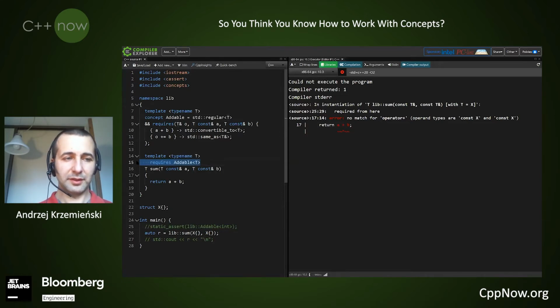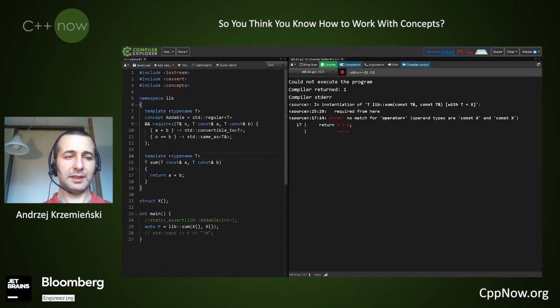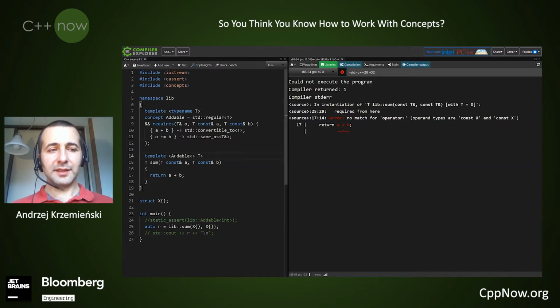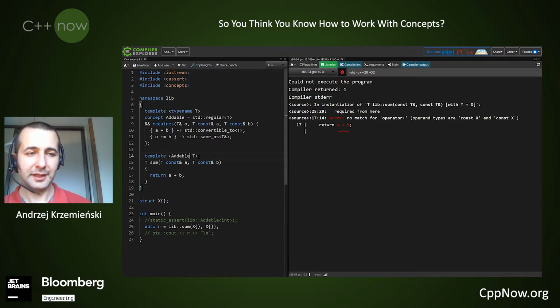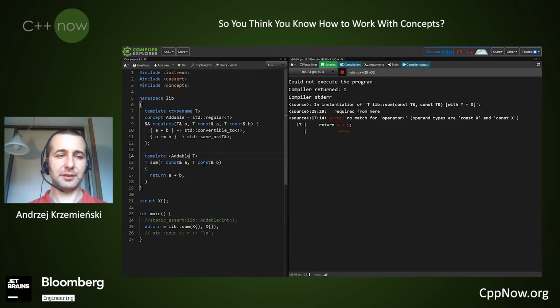But another way to do this, a shorter one, and this is the specialty of concepts, is that we can put them inside the template declaration. And this time we can skip the first parameter, like we did here. We also skip the first parameter, but if we are left without any parameters, we can as well skip the angle brackets, and we end up with this addable T.